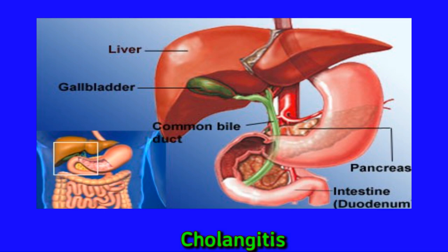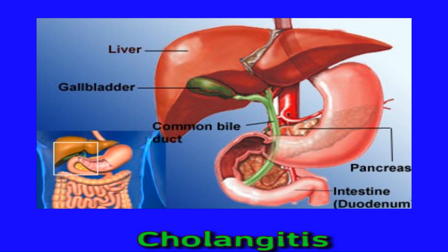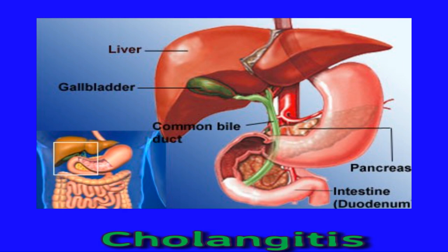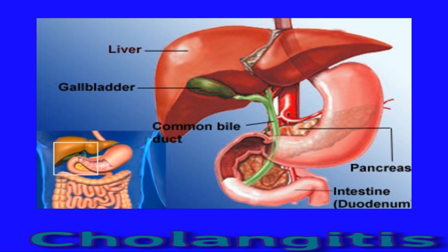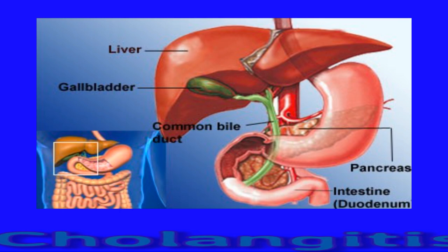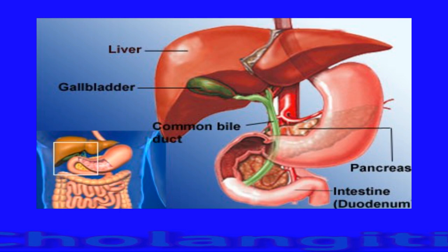Many different types of liver disease can cause liver pain. The following are a few examples. Cholangitis. Cholangitis is inflammation of the bile duct system, usually due to a bacterial infection. The bile duct drains bile from the liver and gallbladder, carrying it to the small intestine. Cholangitis can develop from an obstruction or blockage in the bile duct system, causing bile to back up. This may be due to gallstones, a tumor, or another cause which allows backflow of bacteria.